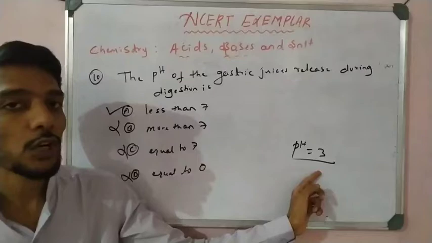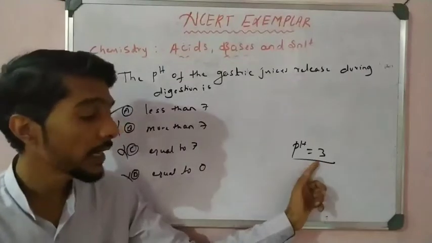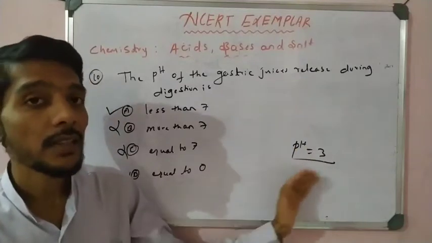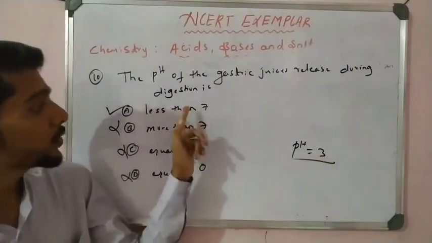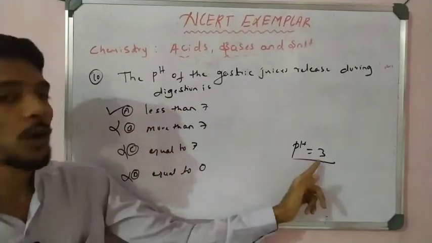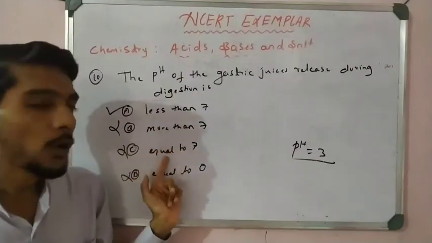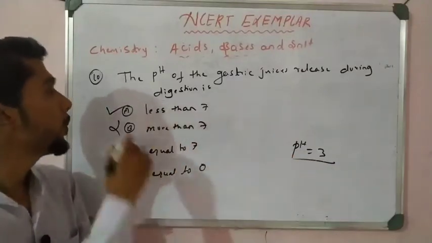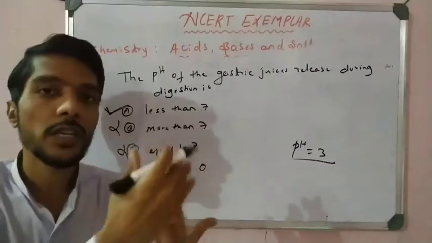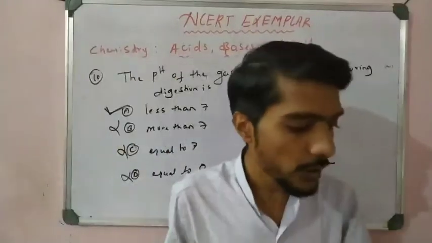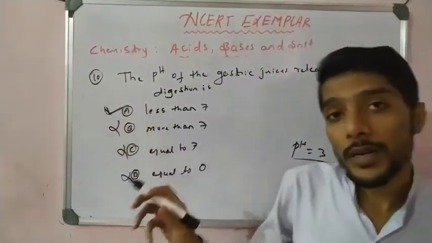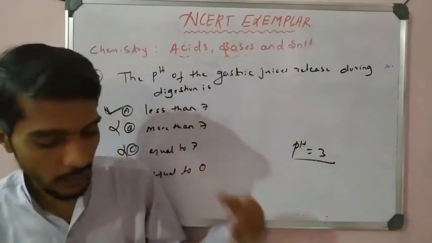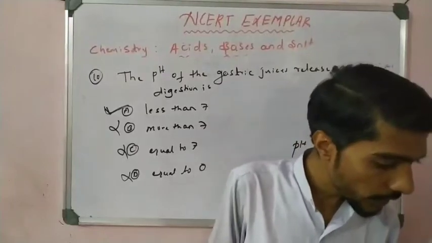You remember the pH of the gastric juice present in the stomach is 3, required for digestion of food. So it is acidic and lesser than 7. Lesser than 7, so option B is correct. Equal to 7 is not possible. How can 3 be equal to 7? Equal to 0, no. It must be lesser than 7, maybe 5, 4, 3, 2, 1, anything, right? So that option is correct, but the correct value of the pH is 3. This point you have to remember, students. It is usually 3.